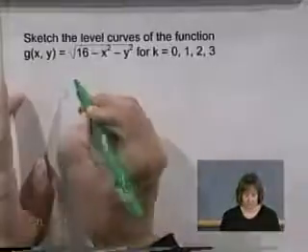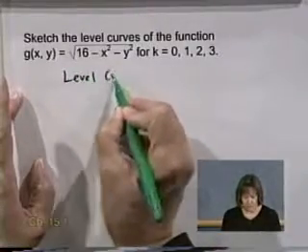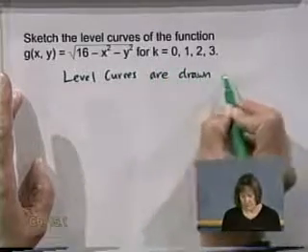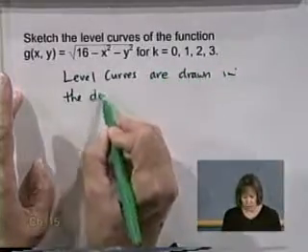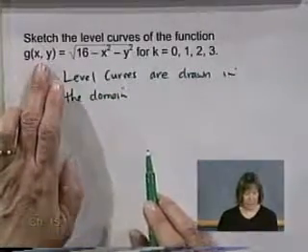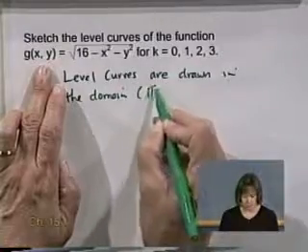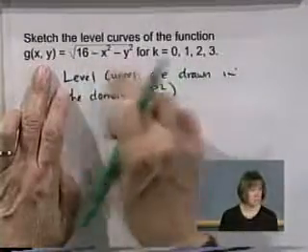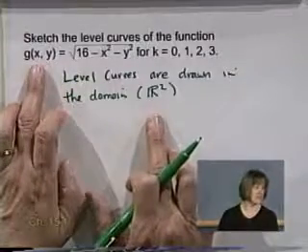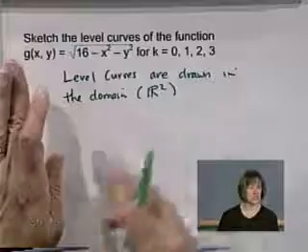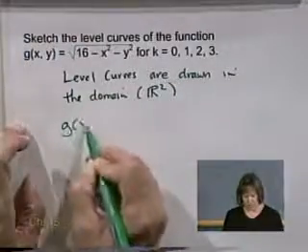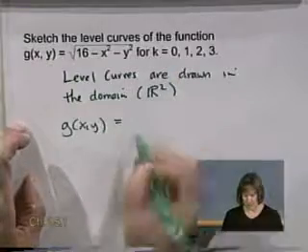Please notice, people, level curves are drawn in the domain of the function. This function's mapping points in R2 into numbers. Your domain is two-dimensional space. Your domain is the xy plane. So your level curves are always drawn in the domain. You with me? So I say, okay, if I want g of xy to equal k equals 0,